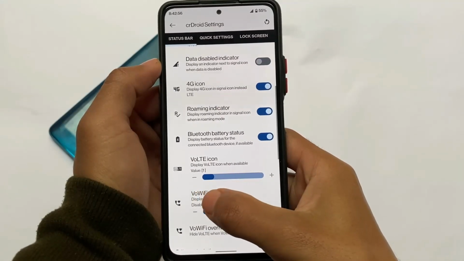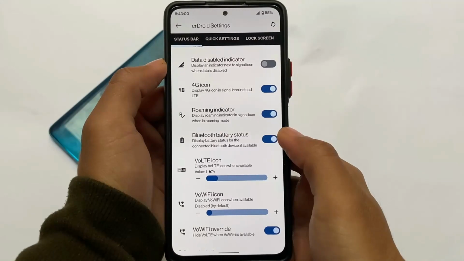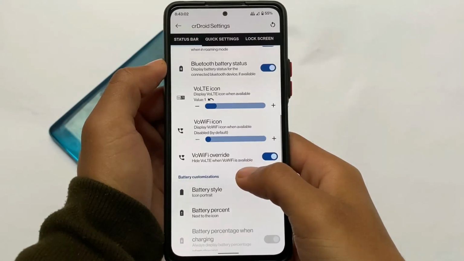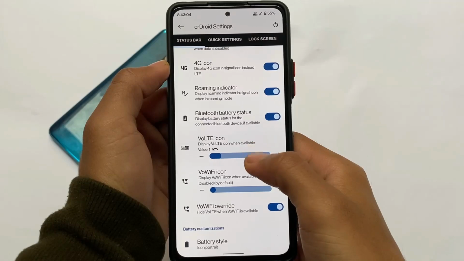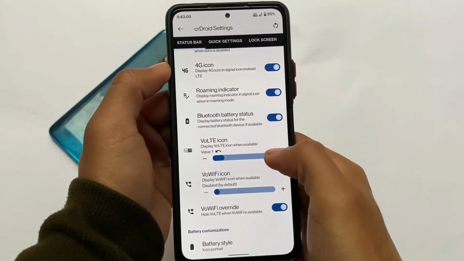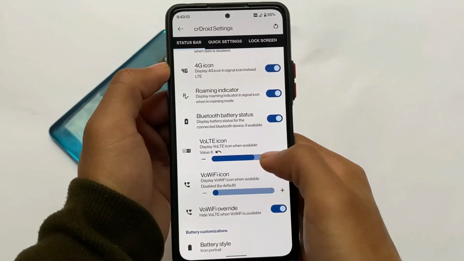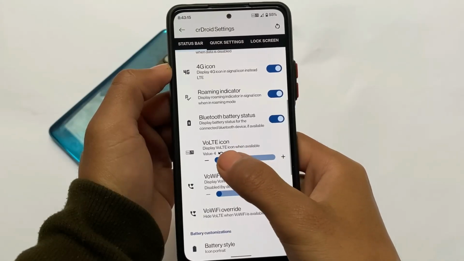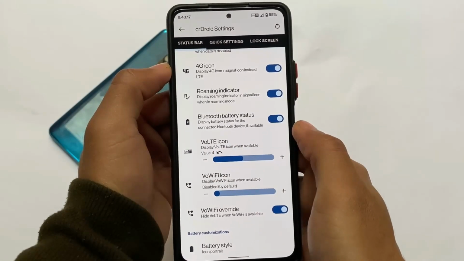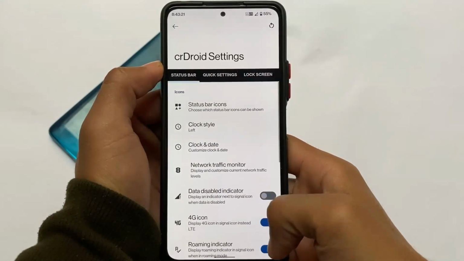There are approximately 9 VoLTE icons available for you. And yes, if I have VoLTE sometimes available, as you can see now, I have VoLTE available. Let me try to use these VoLTE icons. Sometimes this bar works, sometimes it doesn't. So yes, you have the option of plus or minus, which means you can switch between the VoLTE icons. And yes, approximately 9 styles of VoLTE icons are available for you. That looks better. You also have Wi-Fi icons available for you and some other options.